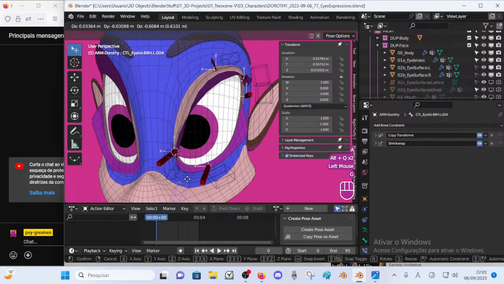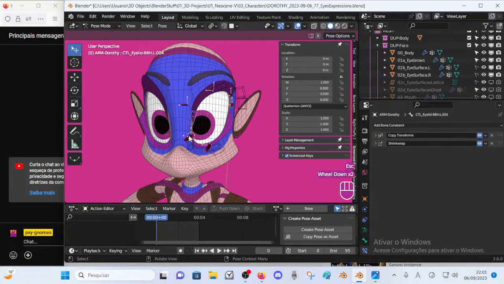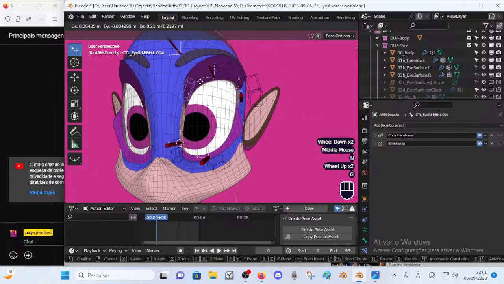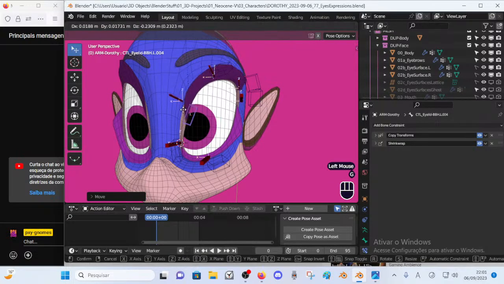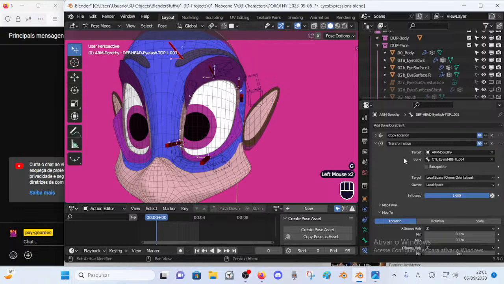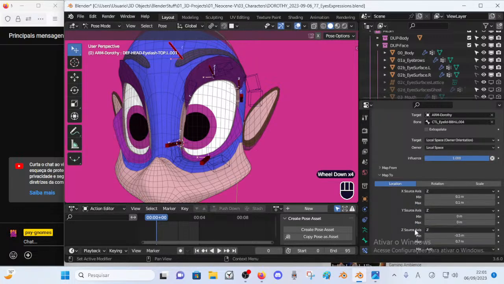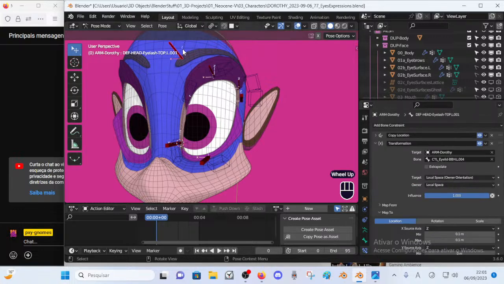Okay, so now we can see what we have done. As we pose this bone up, we see that this bone, the deformed bone, goes up. This is because of its z-axis now for this bone, so this is the owner bone. Map 2 relates to the owner bone, so the owner of the bone constraint, which is exactly the eyelash deformed bone that we are working on. So you have the copy location and transformation stacking.